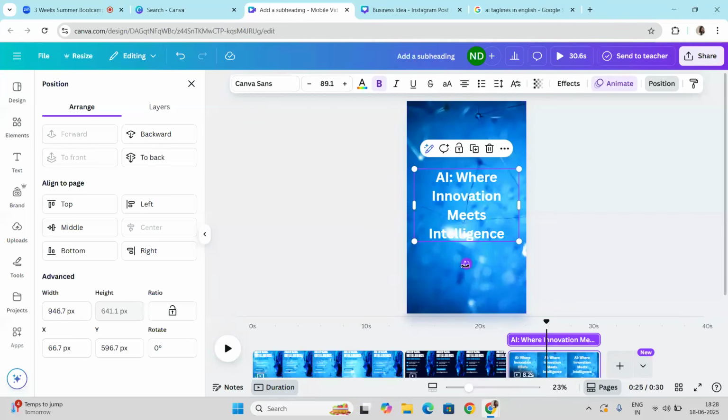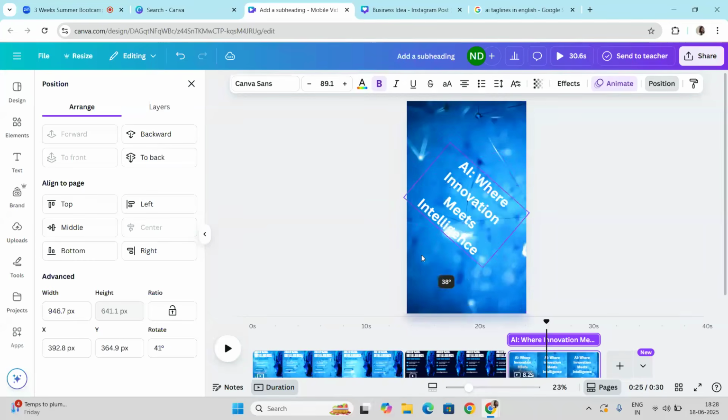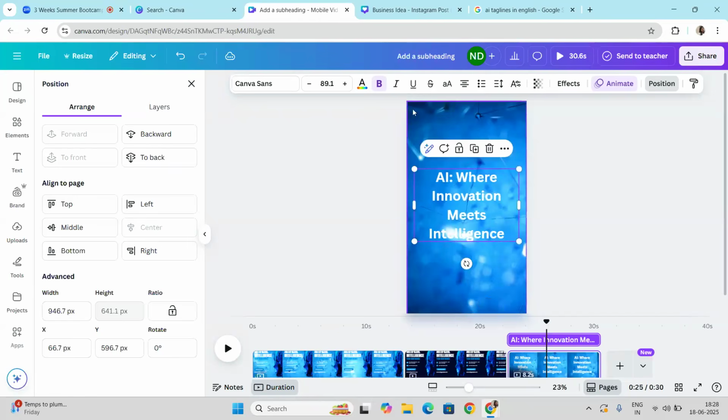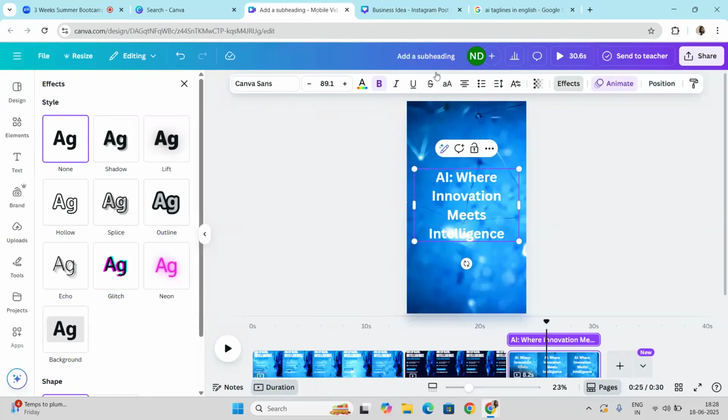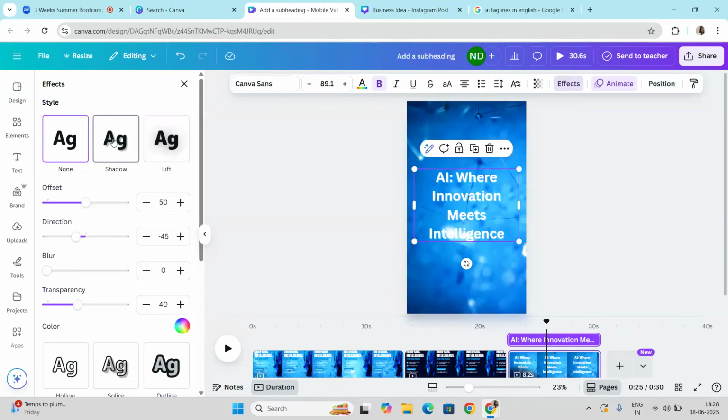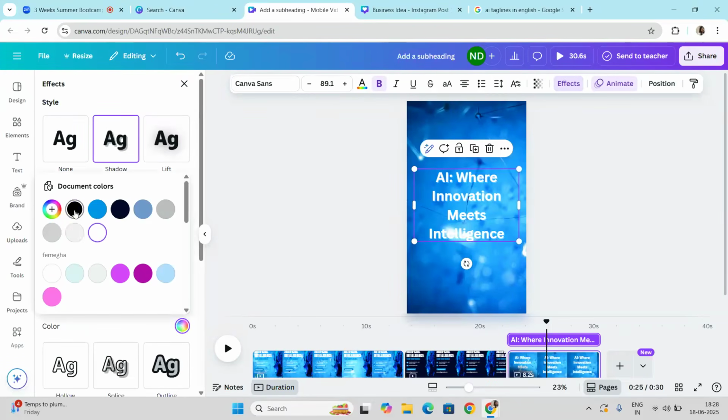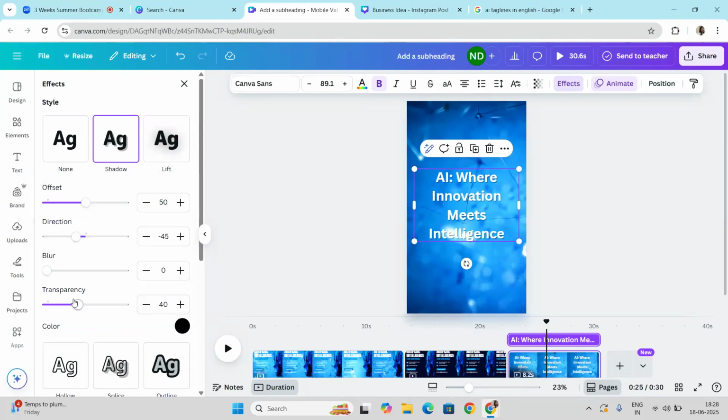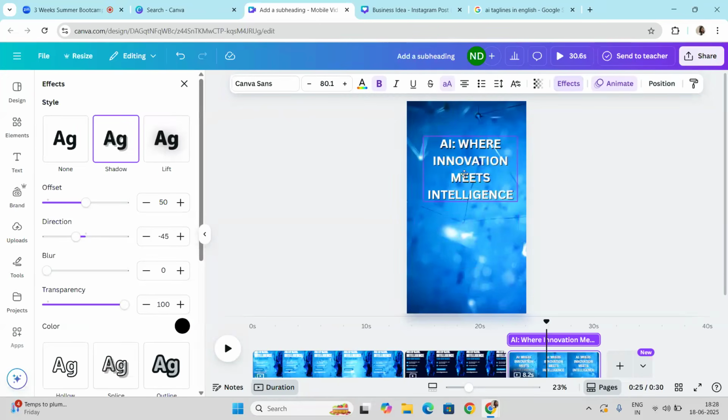So this is something that someone asked, like how to move your text diagonally. From this button, as you can see, you can move it diagonally and anywhere. I've just taken this word, and from the effect section I want to highlight this. From shadows I want to give it a black shadow so it can be visible, and by clicking on uppercase I can keep it in uppercase.